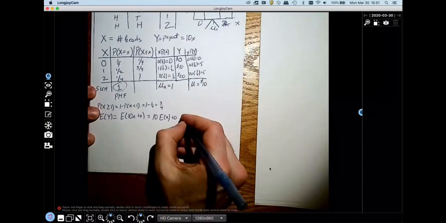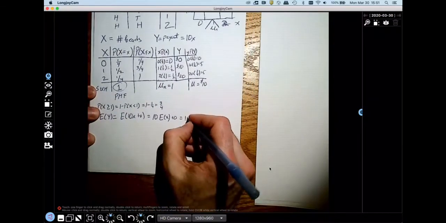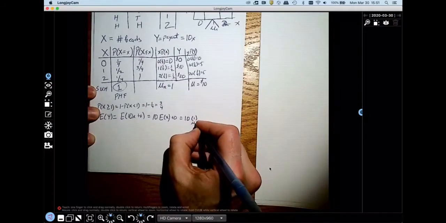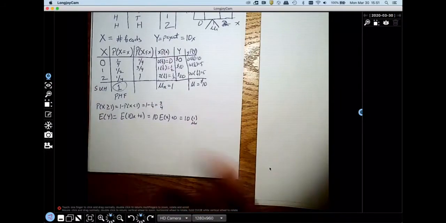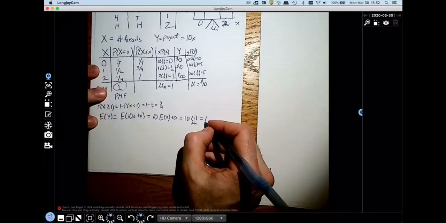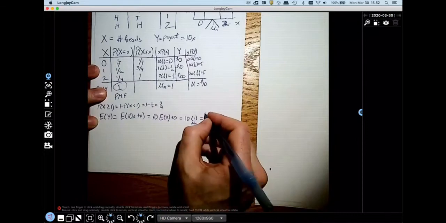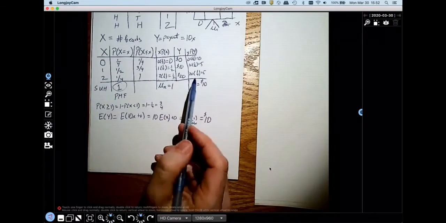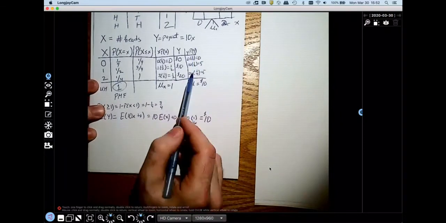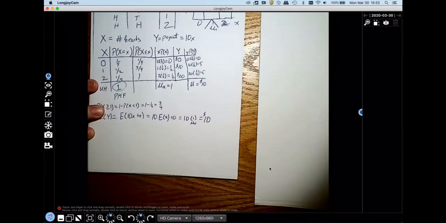All right, so let's go work this out. This is 10, but the expectation of x is 1. That's mu sub x, and we can just forget the 0. Therefore, the expected value of y is $10, and that's exactly what I did when I did it the hard way. So this is the hard way, this is the easy way. All right, let's go back to my